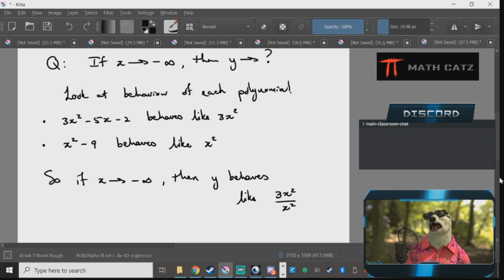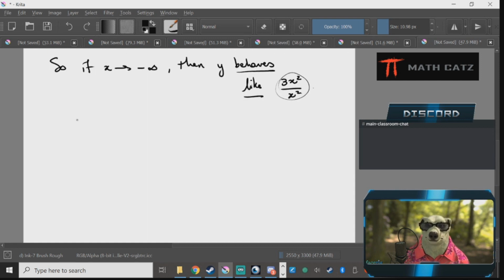It is heading closer to that function as x gets bigger and bigger in size. Whatever that function does, y wants to be that. It's heading closer and closer towards it, but it's never going to be the same. Which is why I'm emphasizing behaves like, not equal. Never equal, actually. Now I can simplify this. Let's do it over here. 3x squared over x squared